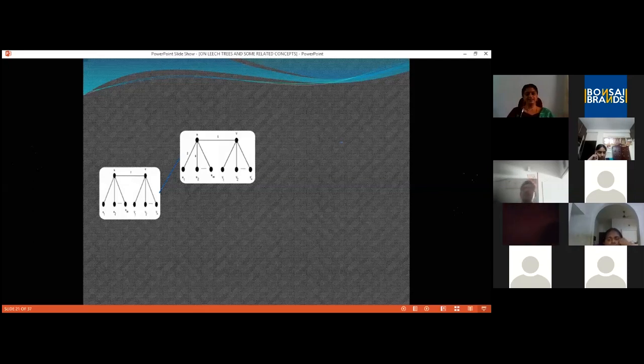Again, two cases arise. 4 can be either on the side of U or on the side of V. We will deal with that as two different cases. First, let us consider the case where 4 is assigned to UU_2. So UV is now assigned 1, UU_1 is now assigned 2, and UU_2 is now assigned 4. It's a simple exercise to check that now we have got all path weights up to 6.